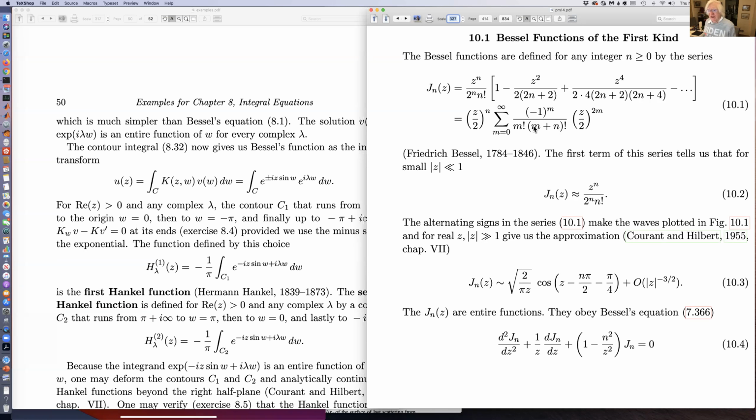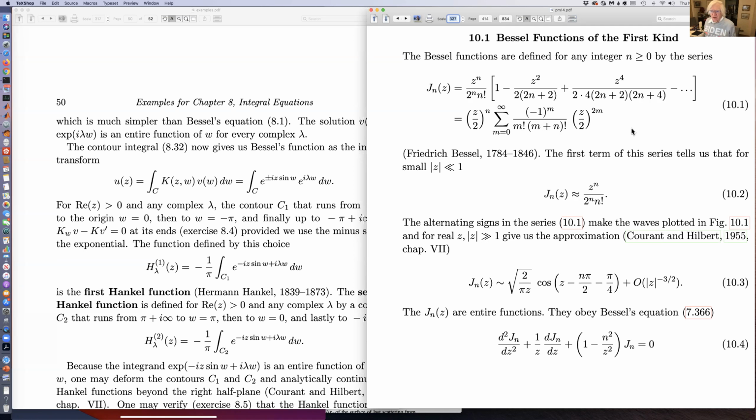You've got a double factorial here in the denominator, in the sum over m. So these things converge for arbitrary z, an arbitrary complex z, and they converge very rapidly. Because the signs alternate, this is minus 1 to the m,